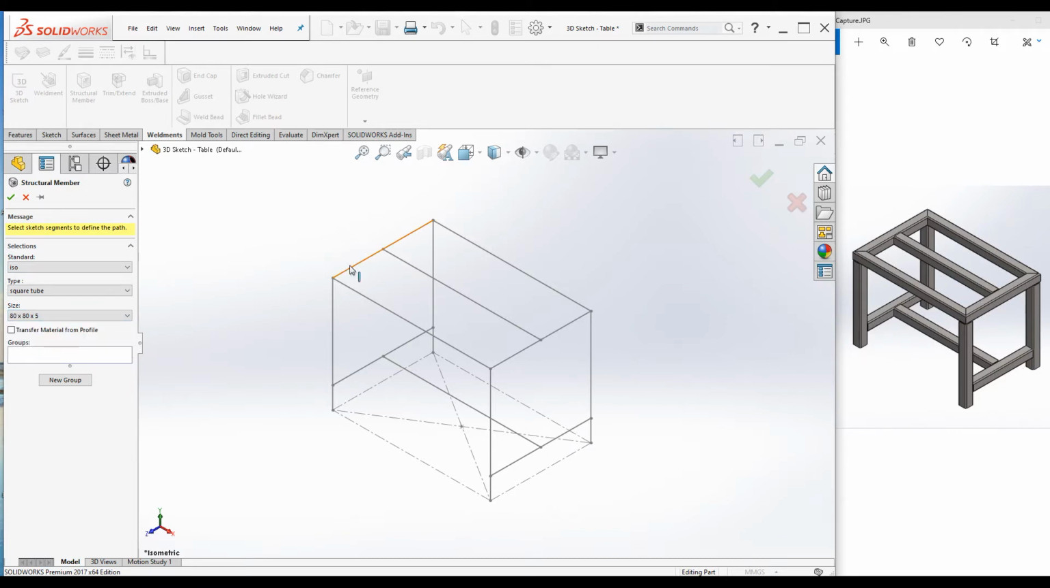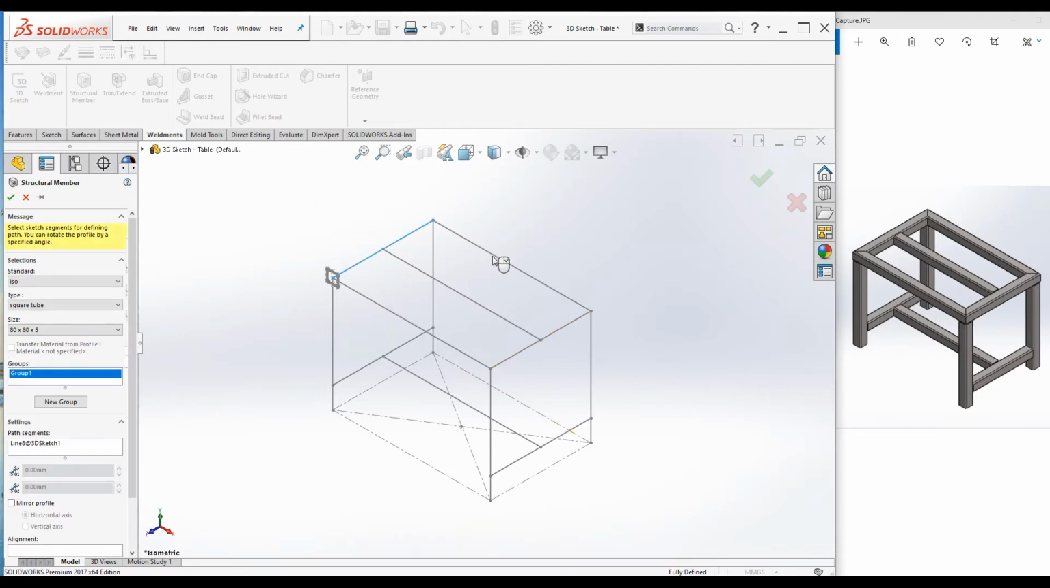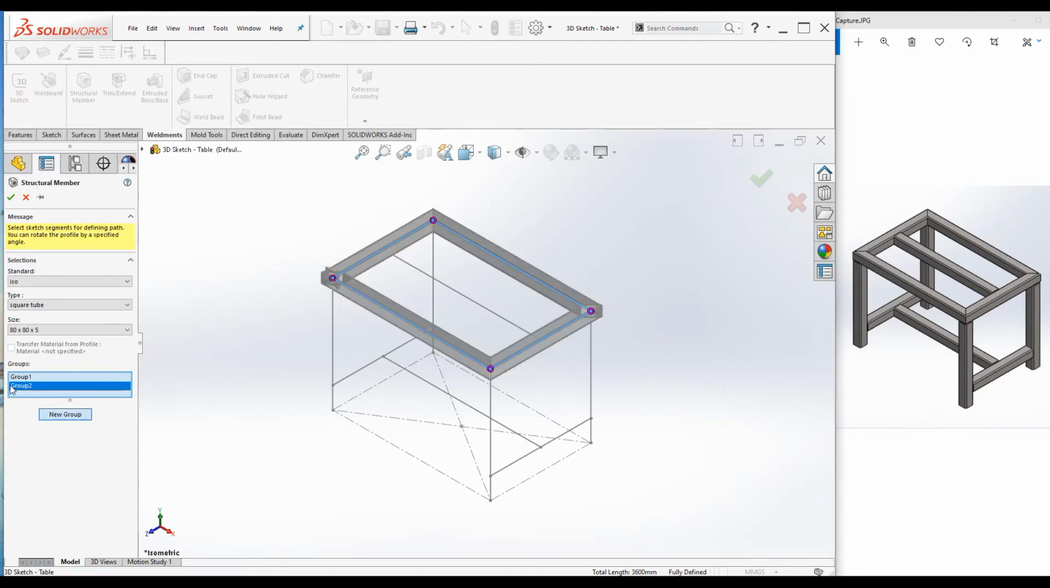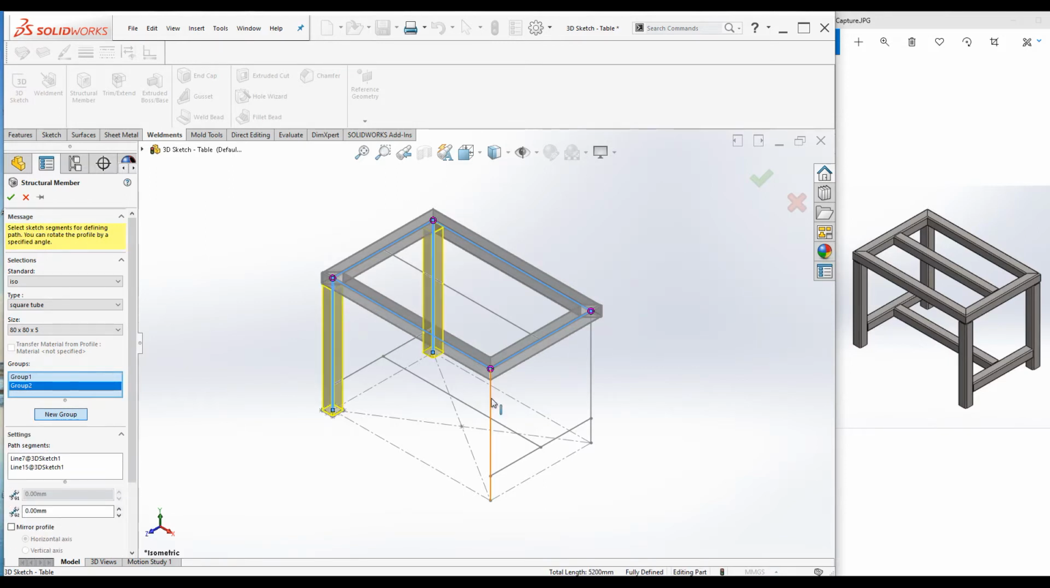Now select the top 4 segments of the table. You can see the preview is generating while you are selecting each segment. Now 4 members are added to the table. Click on New Group. New group is added and select these 4 vertical legs